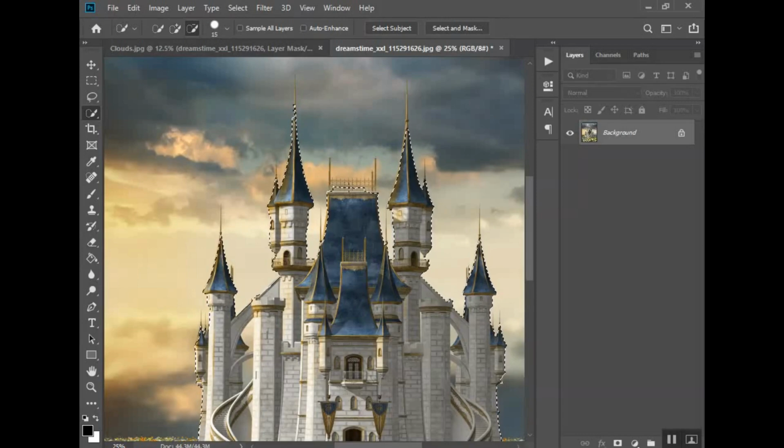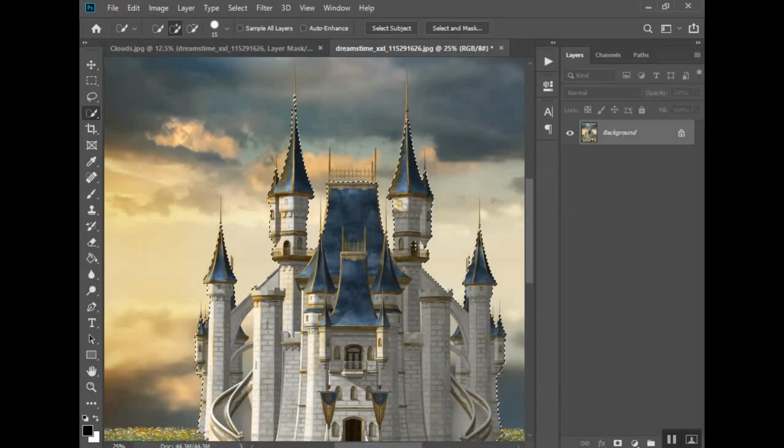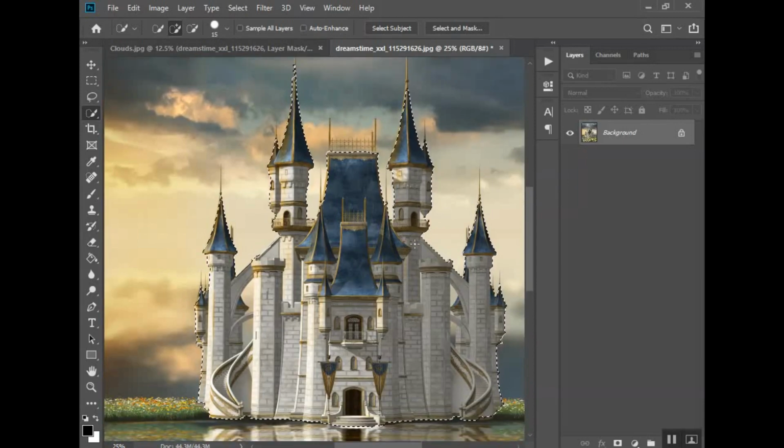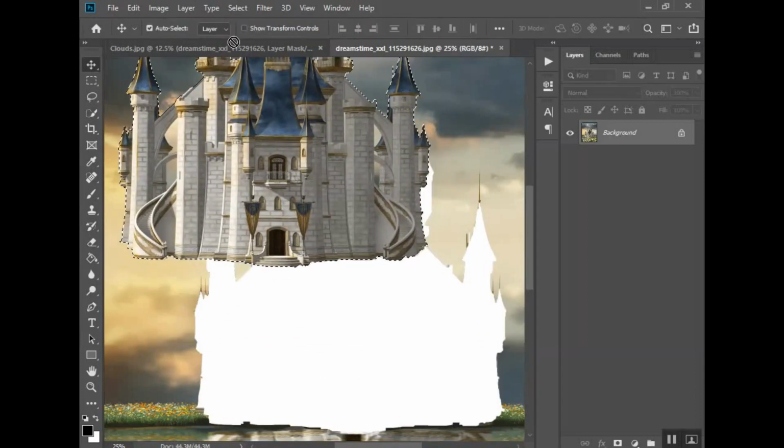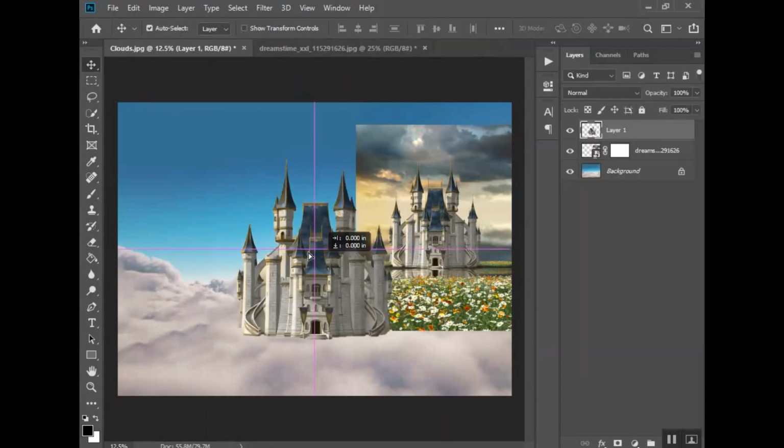keep this top part off because I'm not going to sit there and select in between all those little parts. And the opacity is going to be a little bit lower, and it's going to be kind of blurred. So it's not a huge deal, like I said, if you kind of skip a little part of it. Okay, so now that I have it selected, I am going to pull it over to my image here, and